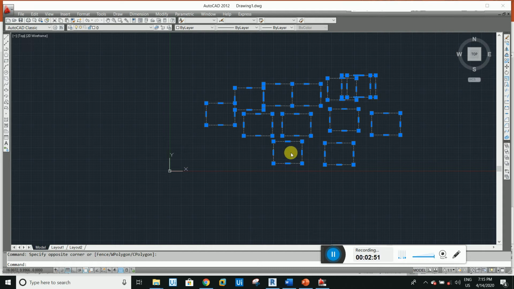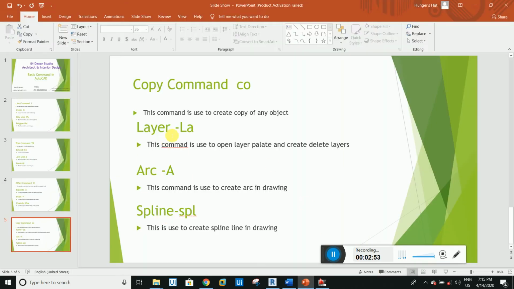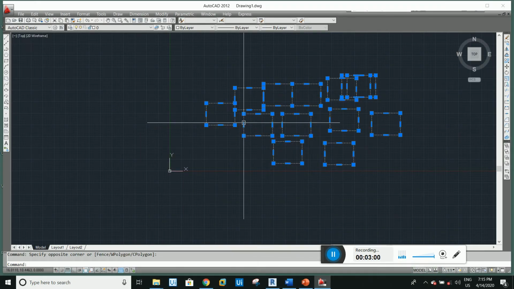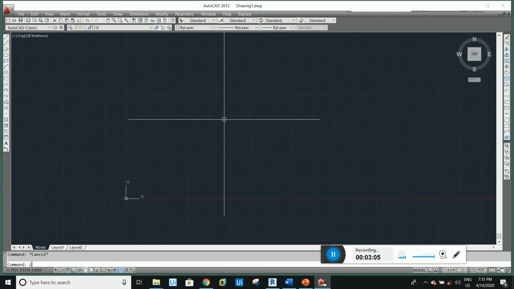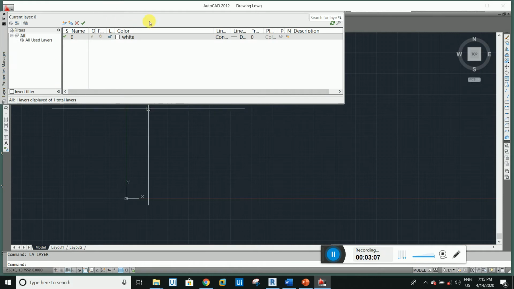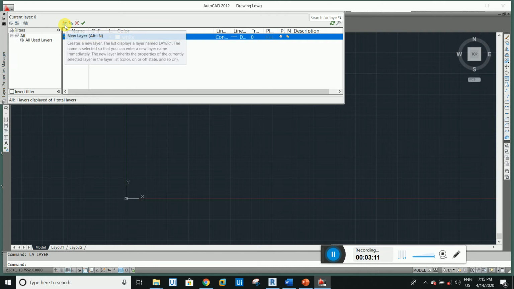So our next command is the layer command, that is LA. This command is used when we are managing, creating, or deleting layers. So let me delete this one, and just type LA from the keyboard and press enter. This palette opens, where you can create a new layer. This one is new layer VP frozen in all viewports. This is delete layer. This is make selected layer current. So I will tell you about this type of layer.